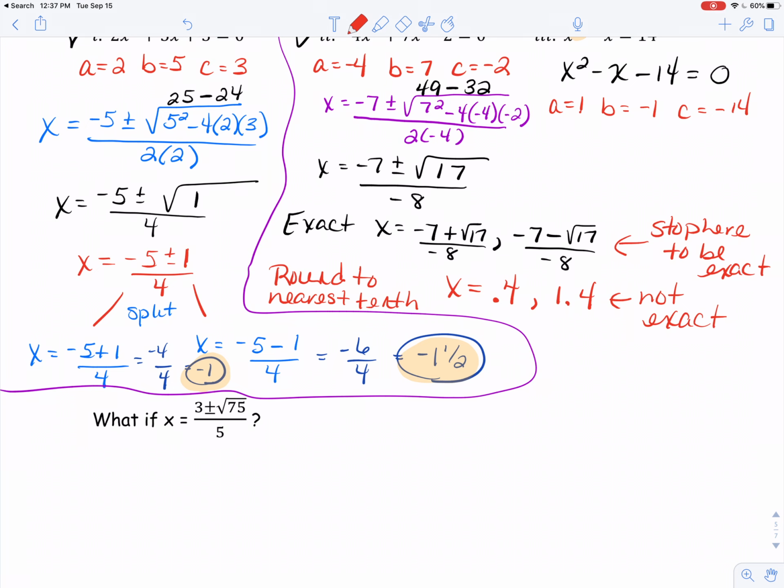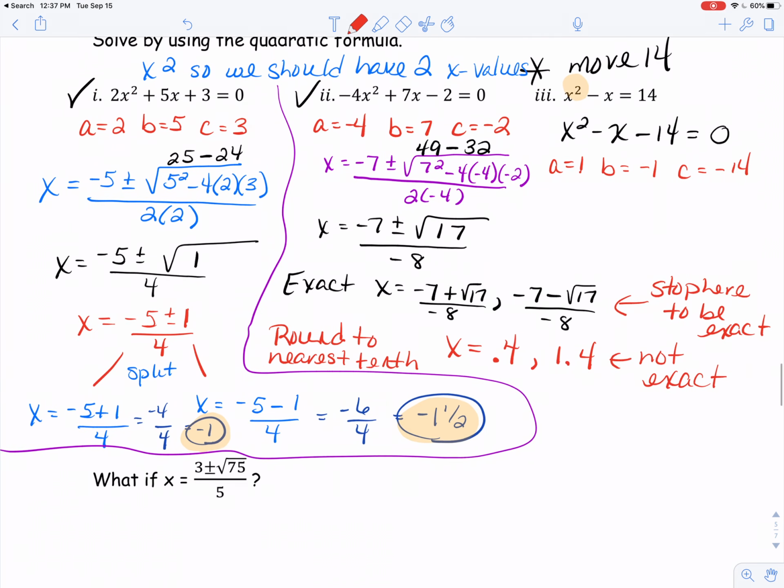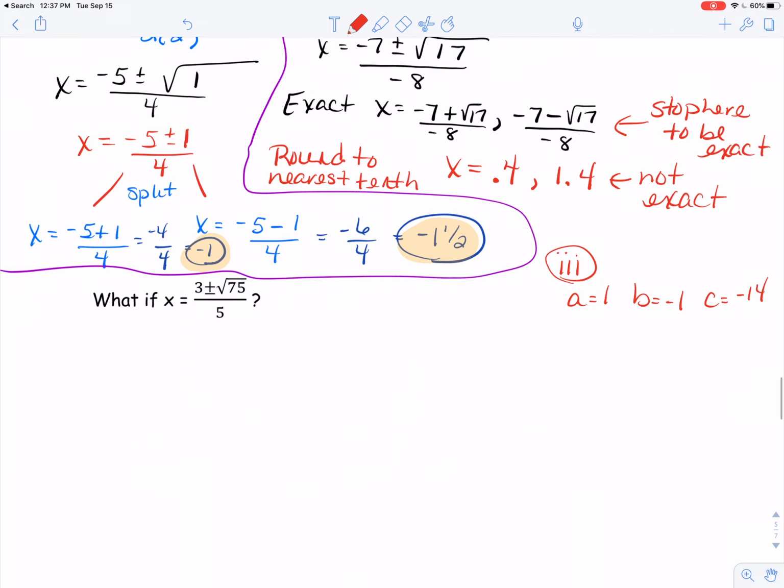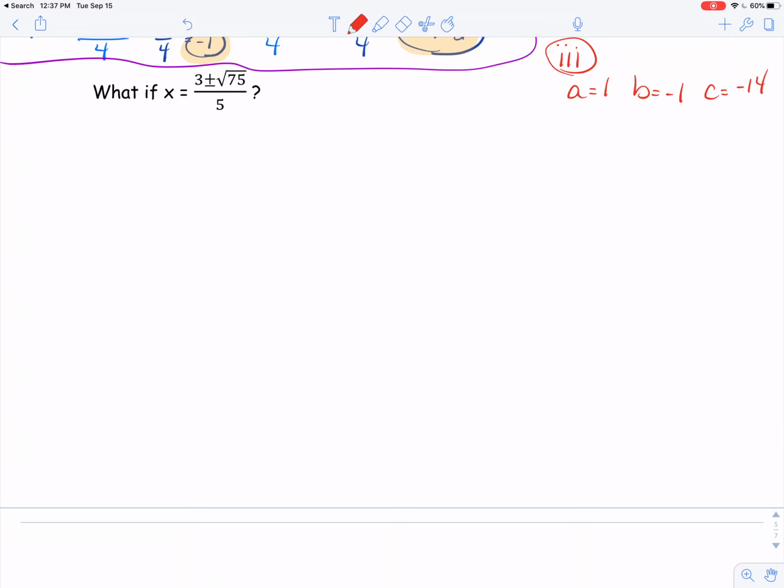Alright, let's do that last one. Alright, y'all, I'm going to come down a little bit and do this one. So here is 3. So a equals 1, b equals negative 1, and c equals negative 14. So I'm going to just scroll on down. Alright, so one more time. x equals negative b, so that's negative negative 1. So actually it's going to end up being plus 1, plus or minus